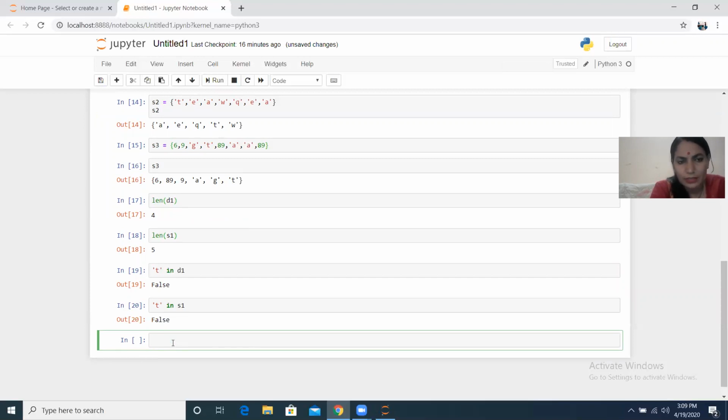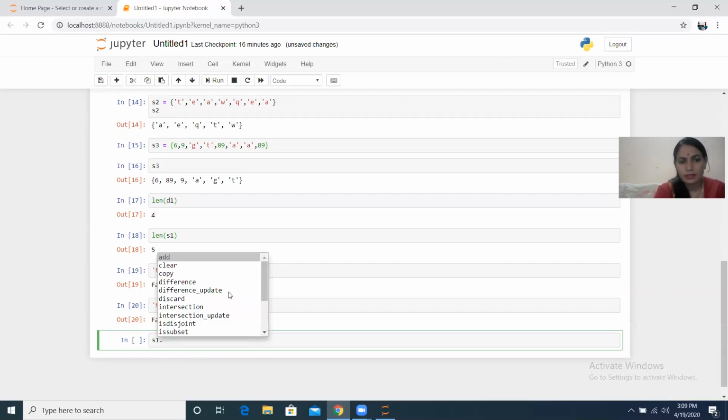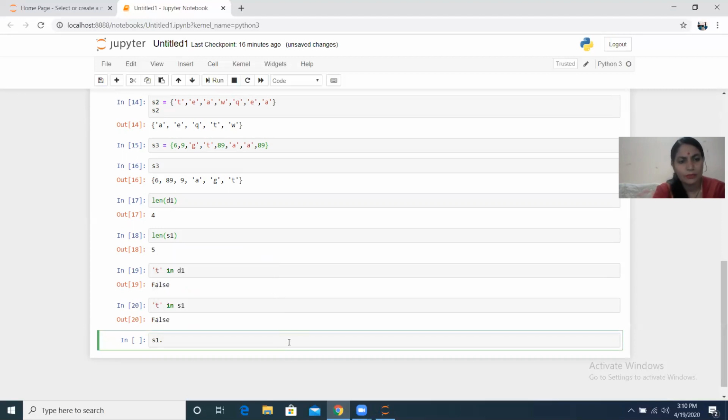Indexing भी आपका होगा इधर, positive, negative भी होगा, and you can explore the set functions, S1 dot and tab. So these are the compatible functions which you can apply. You go through them. In case of any confusion, I'll explain to you. So that's all about the dictionary and the set, how to create them, how to use them, and the basic concept of creating dictionary and set as well. Fine guys, I'm done for the day, and in the next class we'll be moving further with some more interesting topics.